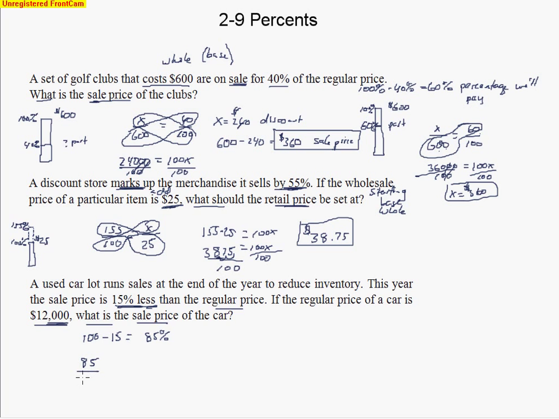So 85% over 100 equals the part. We don't know what the part is. That's the smaller part. That's the 85%, and it's over 12,000. And so we're going to just go ahead and cross multiply. So another good calculator problem. 85 times 12,000 equals, and then I have to cross multiply right here, 100x. So I'll pull out that calculator again,